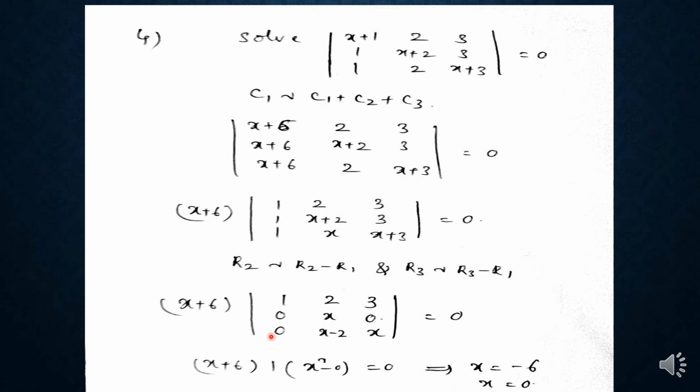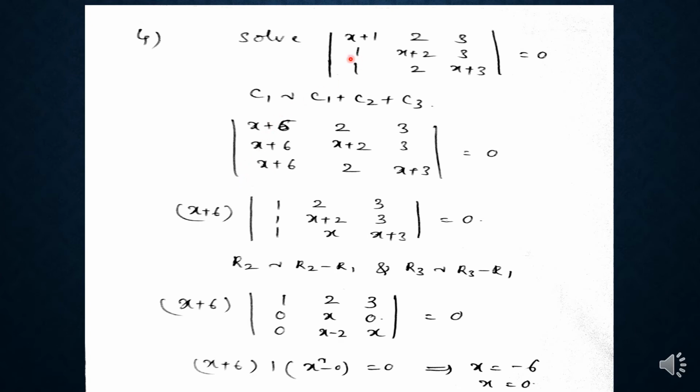Problem. Solve the determinant with rows (x plus 1, 2, 3), (1, x plus 2, 3), (1, 2, x plus 3) equal to 0. So up to now we evaluated the determinants to prove some value and evaluated the determinant values. In this problem, solve the determinant means by taking both sides of the equation, the determinant and the value of the determinant, and we have to find the value of the variable x here.